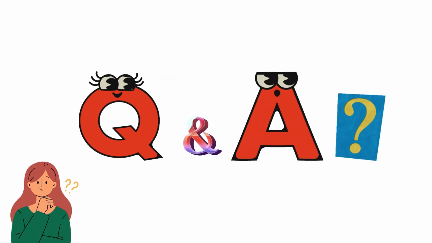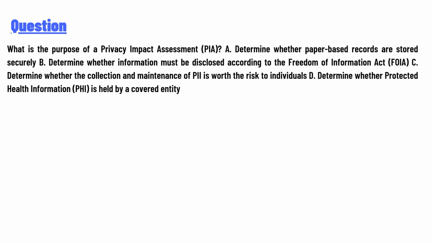Our today's question is, what is the purpose of privacy impact assessment, PIA? A. Determine whether paper-based records are stored securely. B. Determine whether information must be disclosed according to the Freedom of Information Act, FOIA. C. Determine whether the collection and maintenance of PII is worth the risk to individuals. D. Determine whether protected health information, PHI, is held by a covered entity. And the answer to the question is